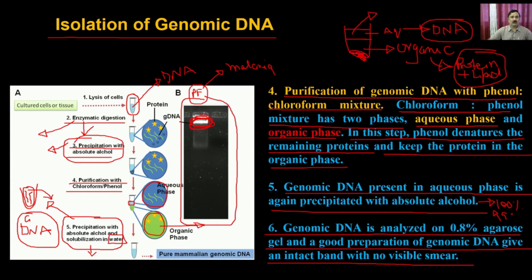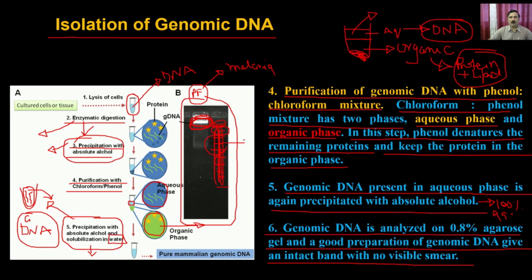If you do not perform these procedures very precisely, then while you're doing all this, you might introduce shear stress and other things. Then the genomic DNA is going to break, and once it breaks, it is going to form fragments of different sizes. In that case you are going to see a streak of DNA, which means it has DNA of different sizes. So there is going to be the intact genomic DNA, and then some more fragments like that. In that case, it is going to give you a smear, from top to bottom.